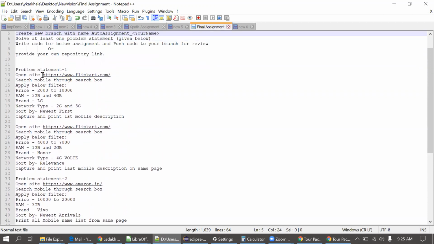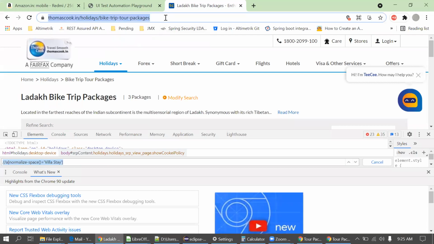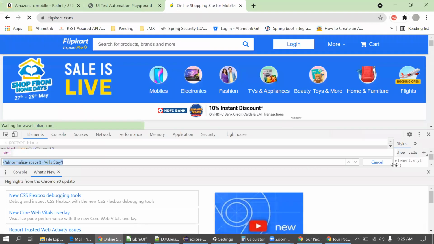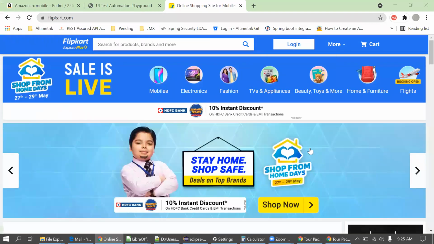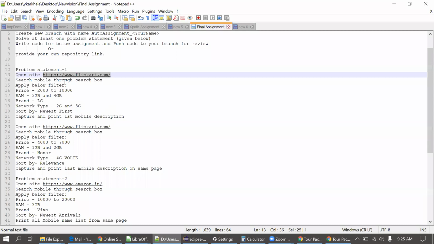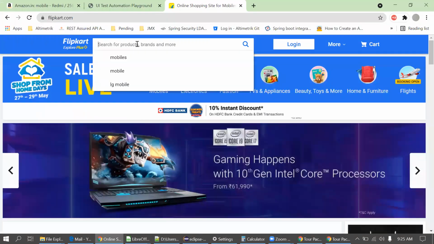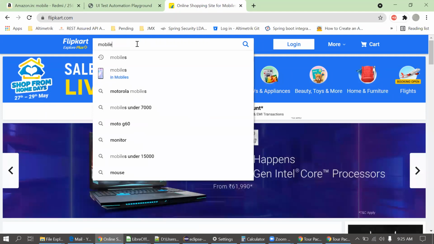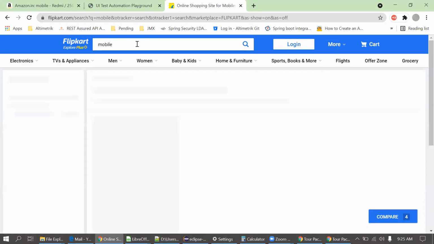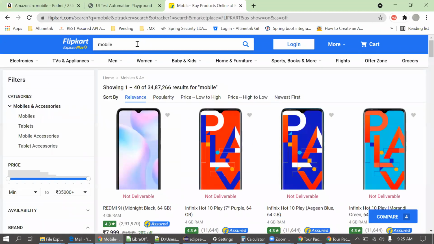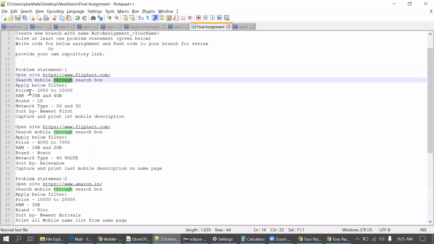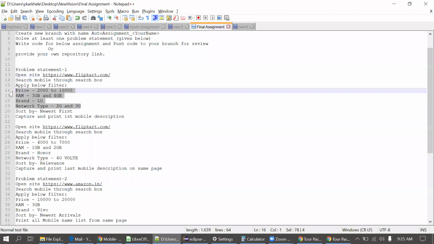Okay, so I'll go through this site quickly, what you have to do in this site. Flipkart.com. I'm just closing the window. Now you can see, search mobile through the search box. Okay, when you're searching for the mobile, then apply the below filters: price, RAM, brand, network type.